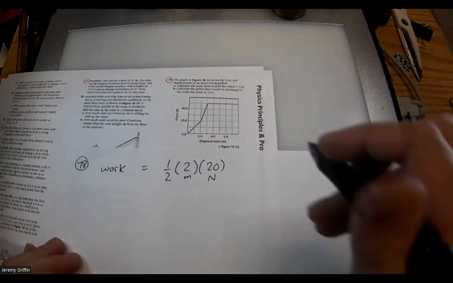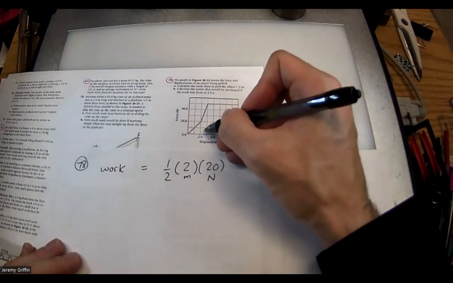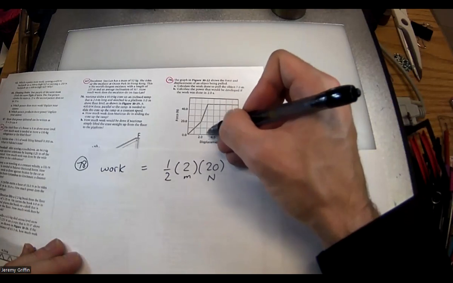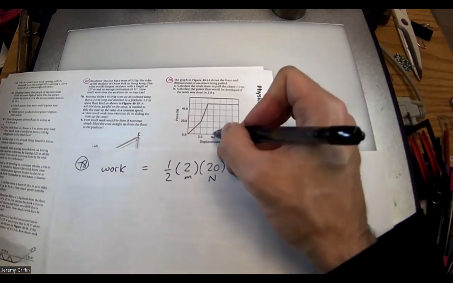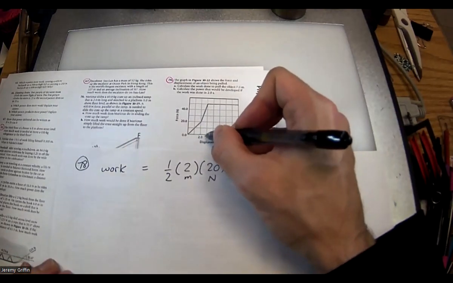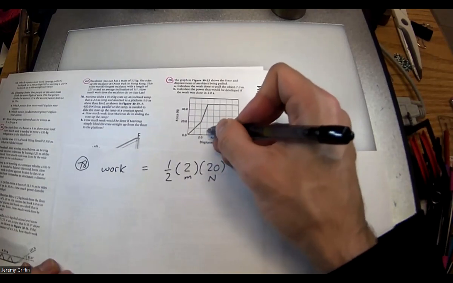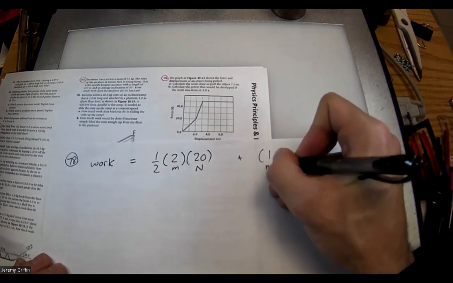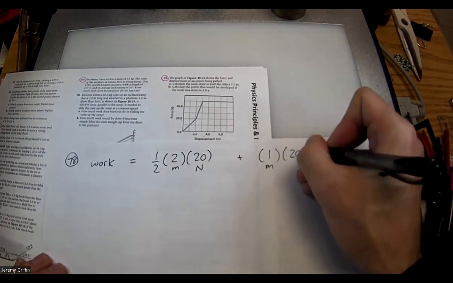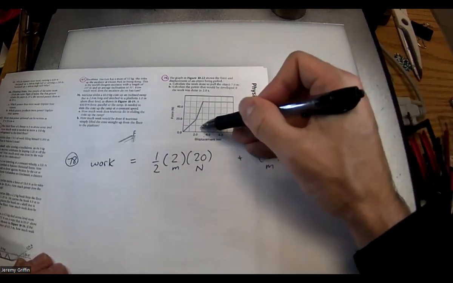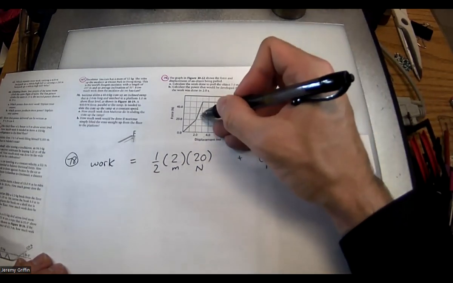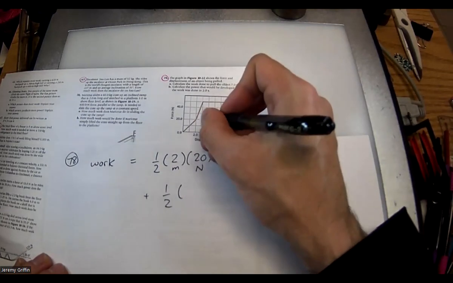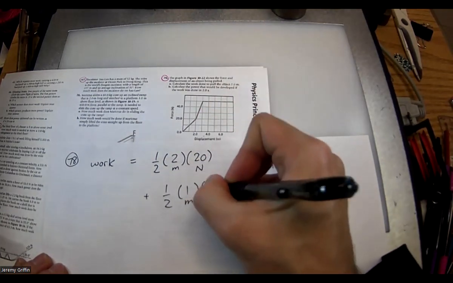Then next to this is a tall skinny trapezoid. I'm going to break that into a little rectangle topped by a little skinny triangle. So this rectangle down here has a base of 1 meter and a height of 20 newtons. So I got a 1 meter base and a 20 newton tall rectangle. And on top of that is a skinny triangle. So 1/2 base height has a base of 1 meter and a height of,